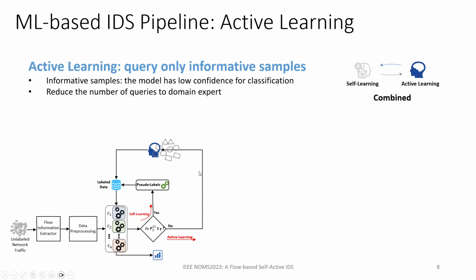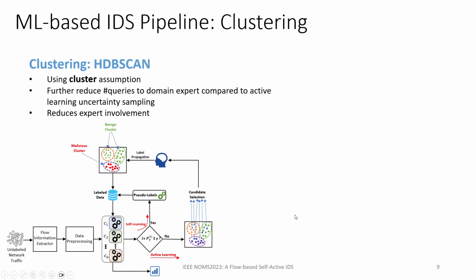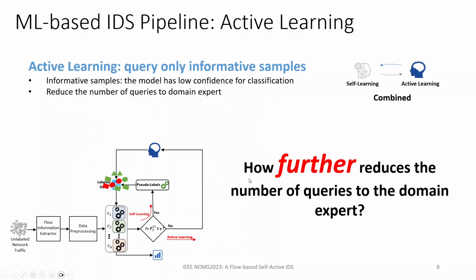So then the uncertain samples come to the human, who does the labeling, and then we add them to this. Of course, we reduce the labeling effort through this uncertainty sampling because we are not doing this for all unlabeled data. But the question is, can we further reduce the number of queries to the domain expert? The answer is yes, and this is our second contribution, where we are using the clustering